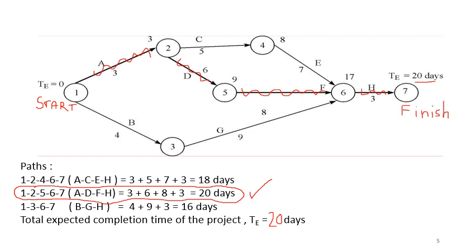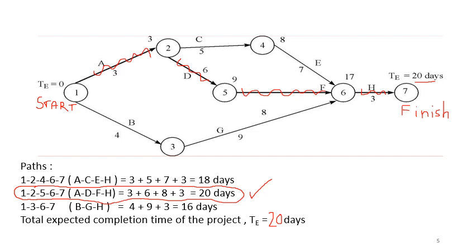Whereas for non-critical activities, there is a permissible amount which we call slack, which can be given to these particular activities. That is called slack time, or activity slack. So for all non-critical activities, a slight delay is permissible, but that slight delay is based on the slack value. We'll see what is slack in the next discussion.